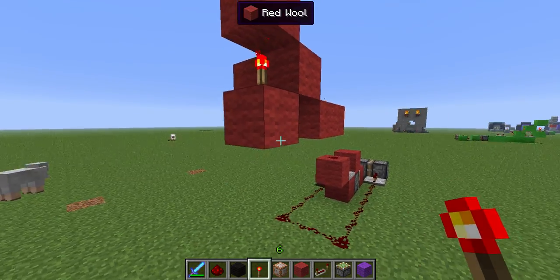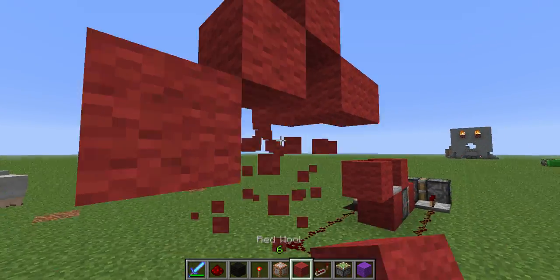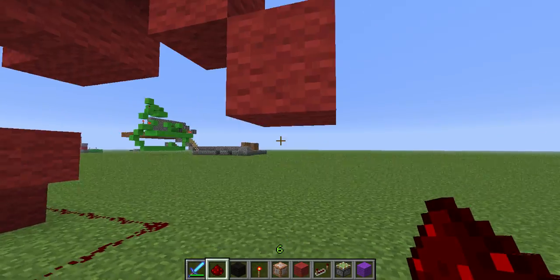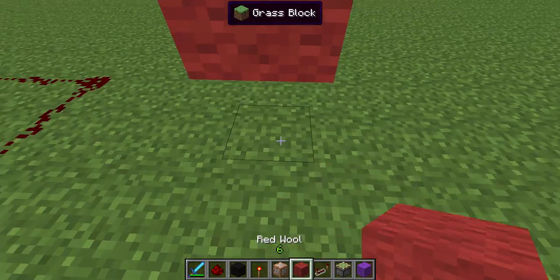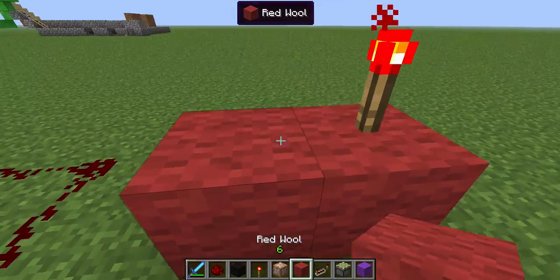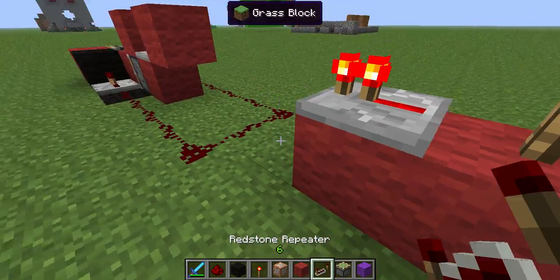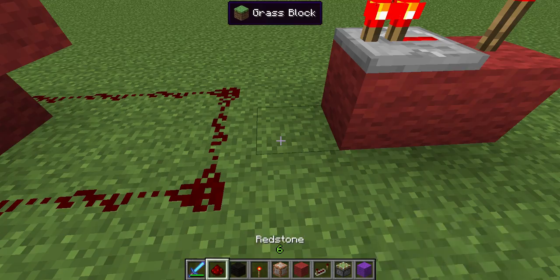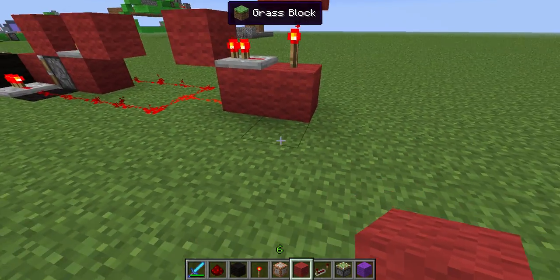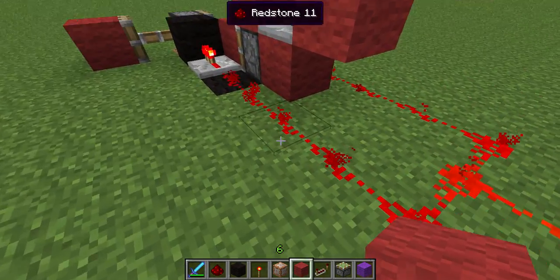So that's that. Then this one goes like this, and then another one goes there. This goes here, and just to save some space, I'm gonna go like that, and go like that, and then. Alright, so